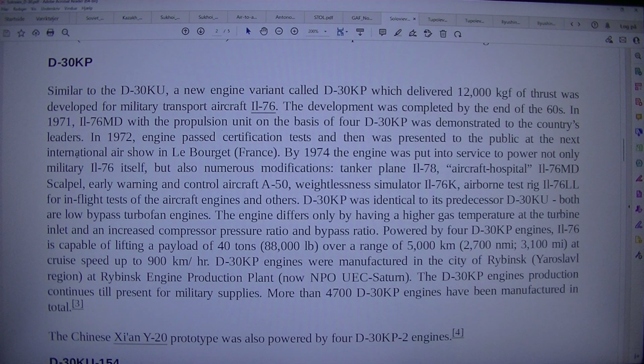The development was completed by the end of the 60s. In 1971, the Il-76MD with the propulsion unit based on 4 D-30KP was demonstrated to the country's leaders. In 1972, the engine passed certification tests and then was presented to the public at the next International Air Show in Le Bourget, France. By 1974 the engine was put into service to power not only the military Il-76 itself, but also